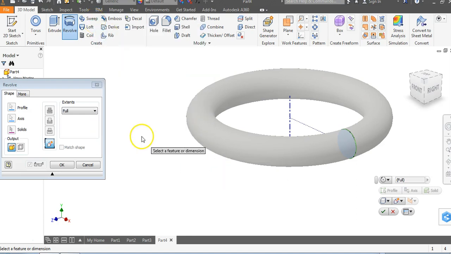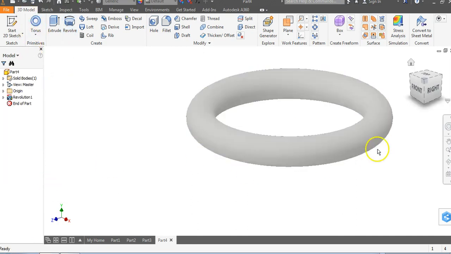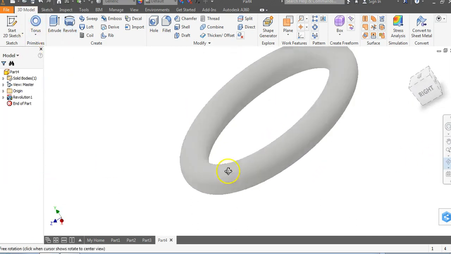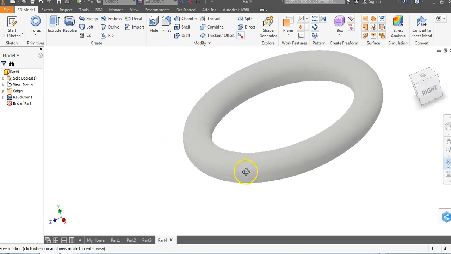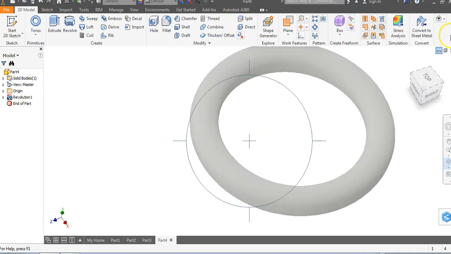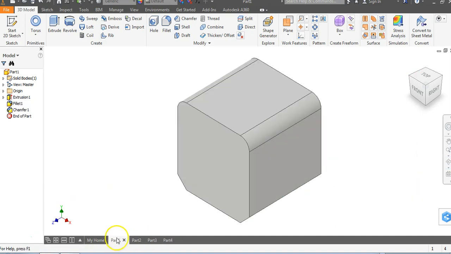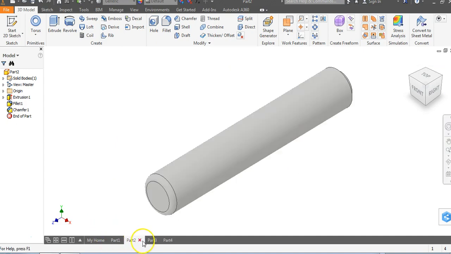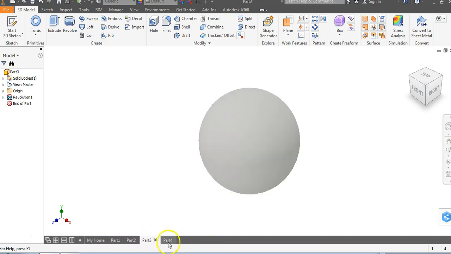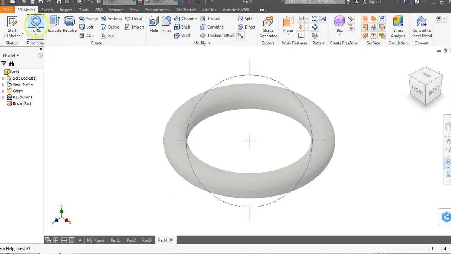This takes that away. So once I have that, you're only going to do full when it comes to primitives, and you're going to say okay, and you now have yourself your torus, or your steering wheel if you would, or your donut. This is kind of a really cool way to go about creating each one of these parts. So you can see as I flip through, we made a box and used subtractive, we made a cylinder, we made a sphere, and made a torus,